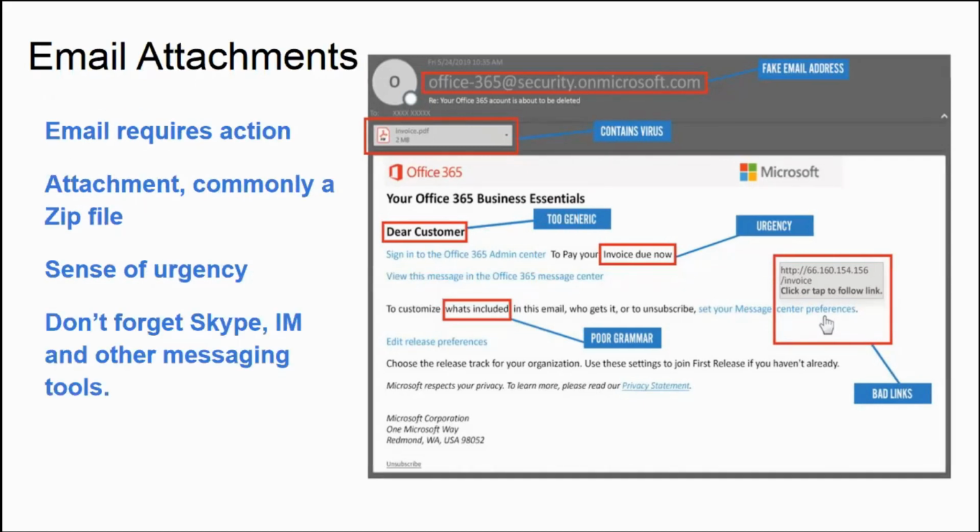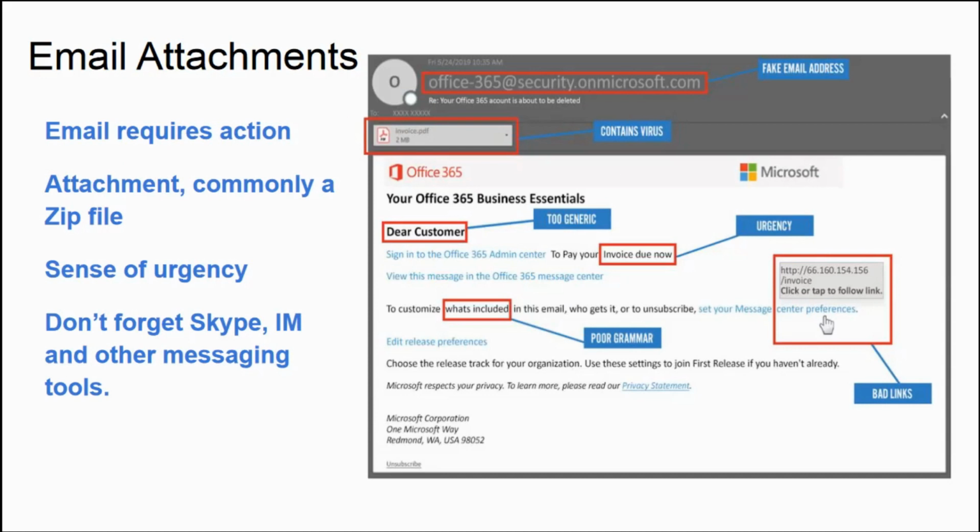Now we are going to discuss email attachments. Here you can see an attached PDF. The email requires you to take action, which means you have to download that particular attachment, commonly a PDF, zip, or docs file.